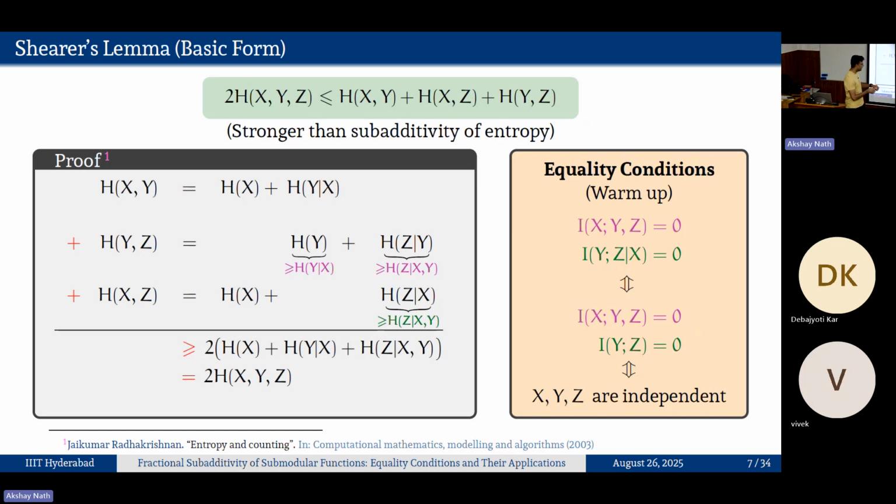So the statement that I can make here is that this inequality becomes an equality if and only if x, y, z are independent. I only proved one side. The other side is trivial, in the sense that I can just open it up in terms of h of x, z. If x, y, z are independent, then showing it is an equality is not a difficult task. It's just opening it up in terms of the chain rule, and then you don't have the conditional terms.